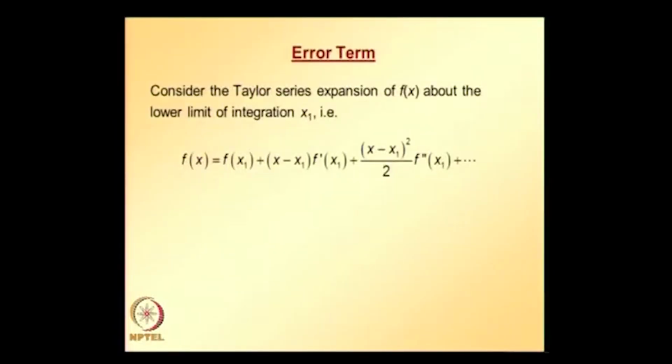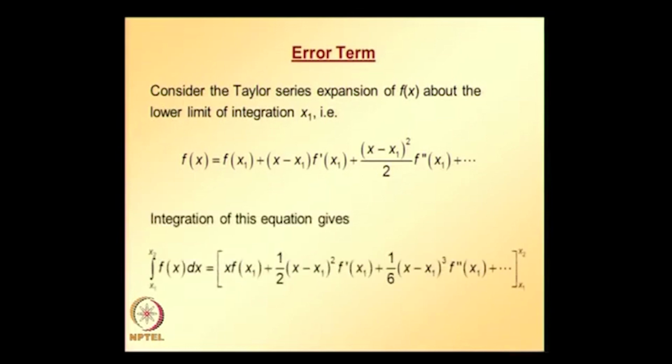If we do Taylor series expansion of f(x) about x1, we get this equation, and integrating this equation on both sides between the limits x1 and x2 results in this, which can be simplified